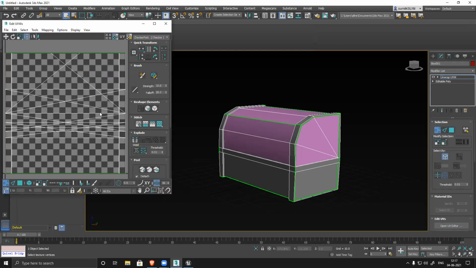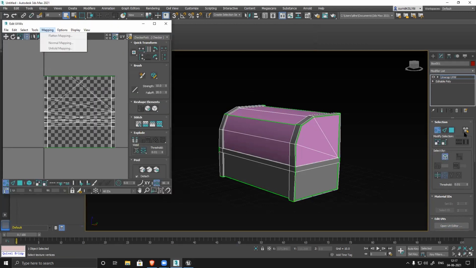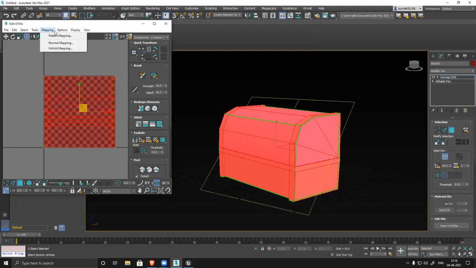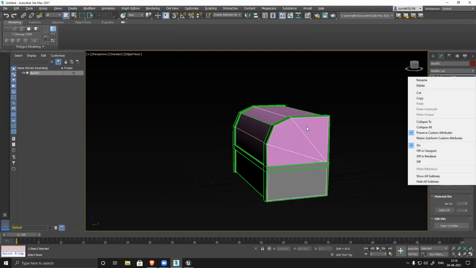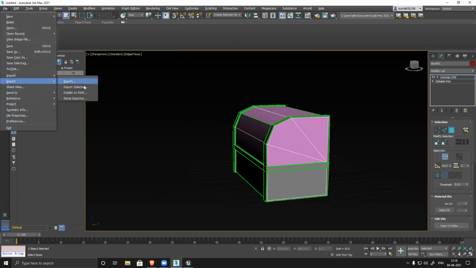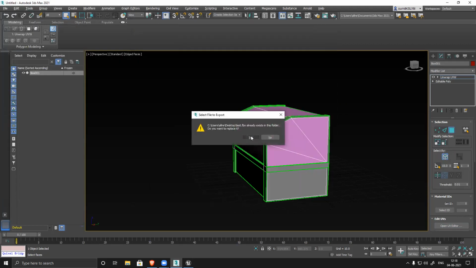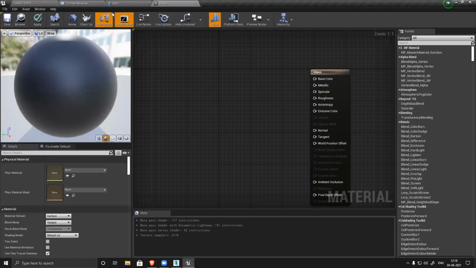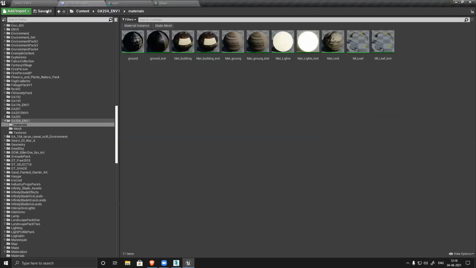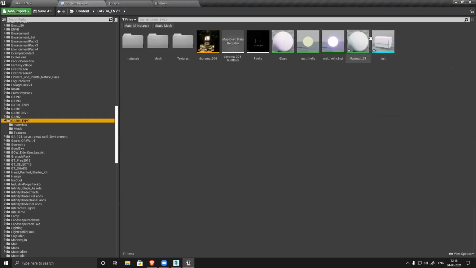So I'll select the entire thing. Select everything. Just to show you, I'm just flattening it. I'm not doing some proper unwrapping. Just flatten it. Export selected. Test, overwrite it, and I'll import the same file again because I have modified the UV. Re-import. Done. So save it. You can save it from here also.